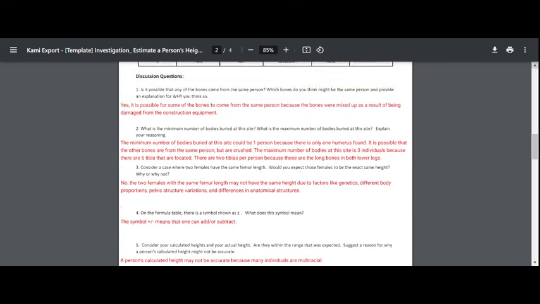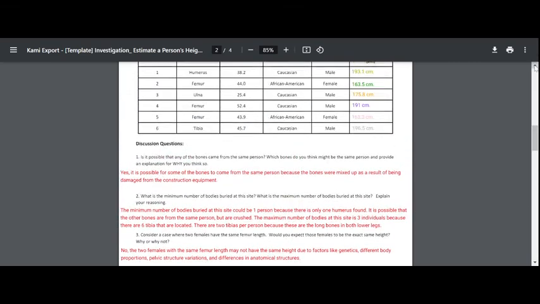So is it possible that any of the bones came from the same person? Which bones do you think might be the same person, and provide an explanation for why you think so? So what do you guys think? Andy, do you have something to say? No? Okay. Well, if you just look at this chart right here